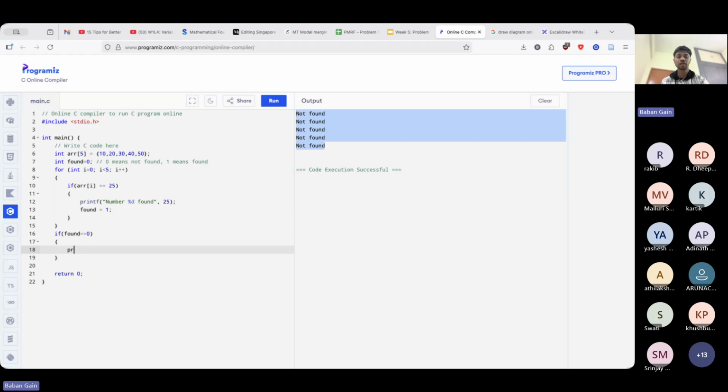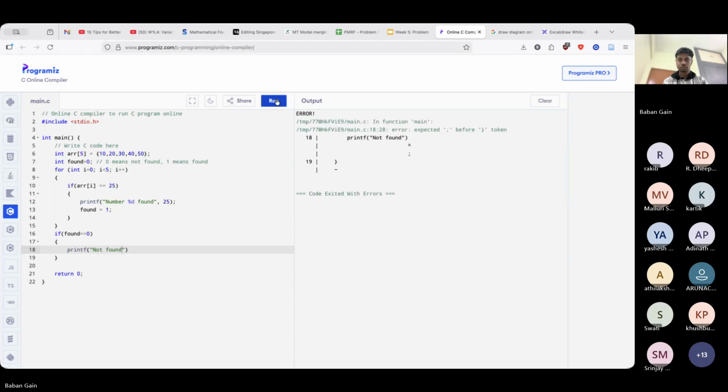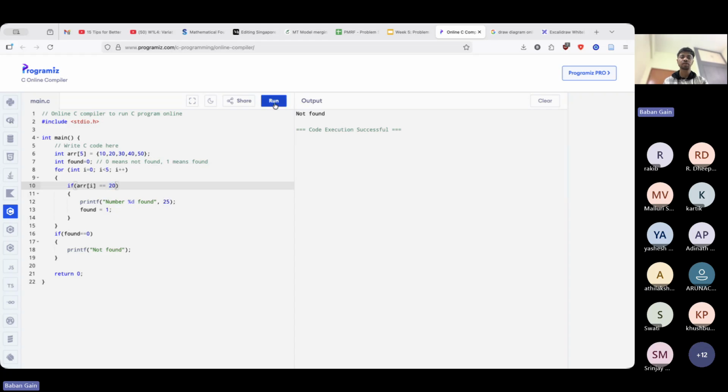If that is true, then only I printf not found. Okay, I have to give a semicolon here. Right, so it is not found, but let's say I give 20 again, so it will say number 20 is found. So this is one way we are doing it within the main function only, but